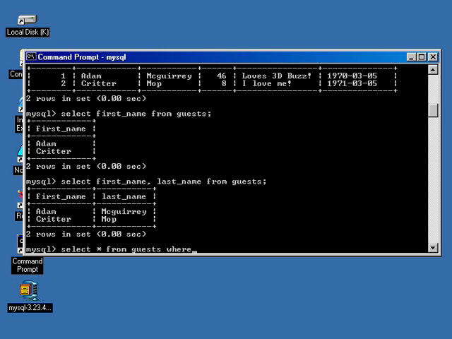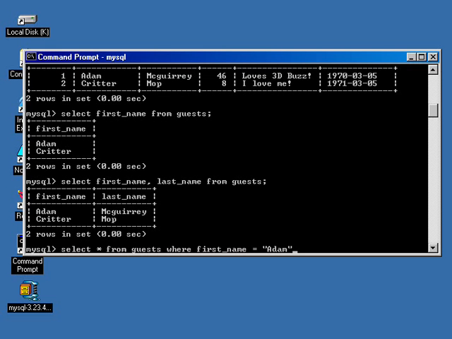Now we're going to introduce where into this whole select statement. What where allows me to do is put in some criteria that must be matched by the query to produce the record set. Before you get information back, it's got to match this. In other words, where first name equals